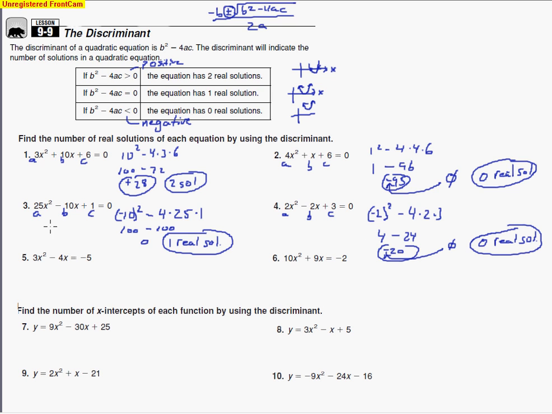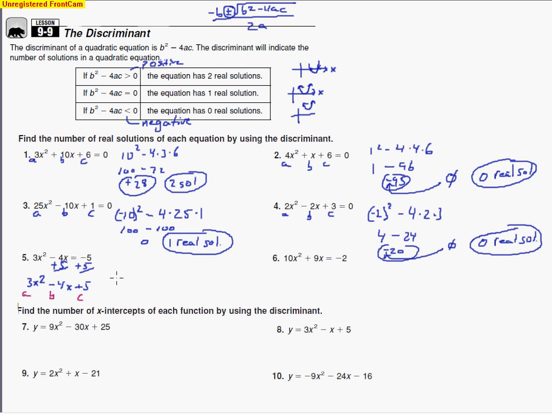Well, let's take a look at this one. We have to do some work. We have to move this 5 back to the other side. So now we've got 3x squared minus 4x plus 5. So when we do that, we just take the a term, the b term, and the c term and substitute